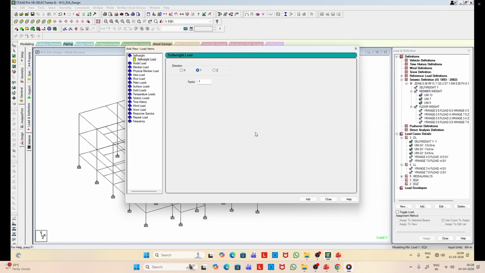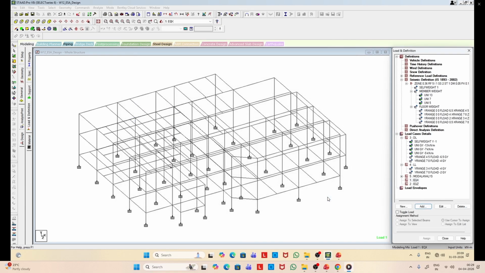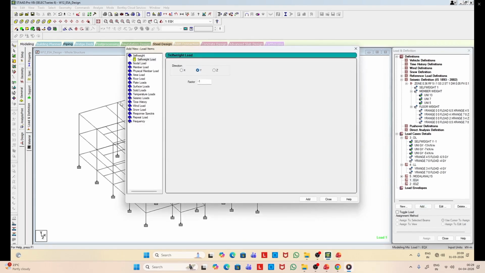So as you can see, we can do it from this. Here we have seismic load and the direction is X with factor 1.